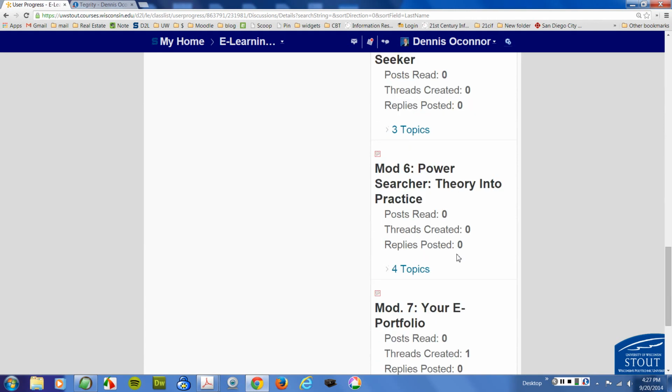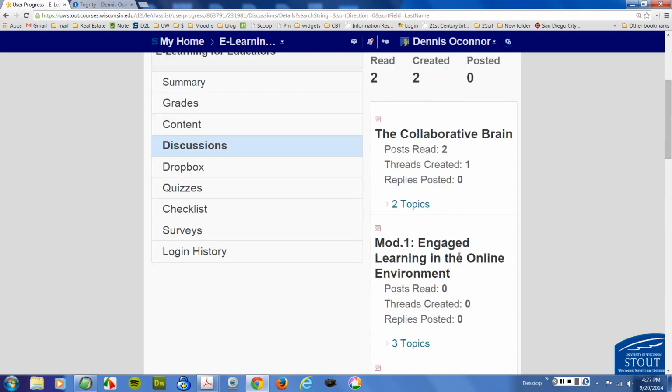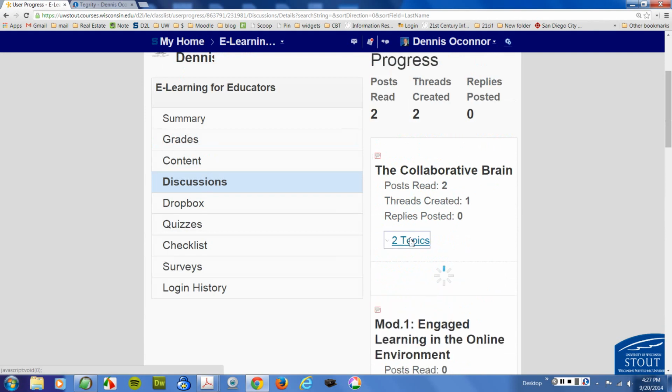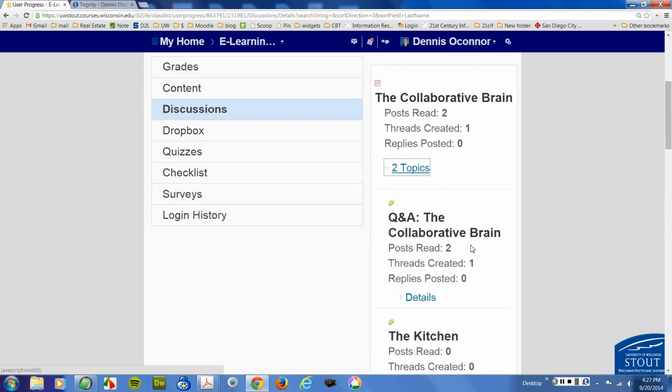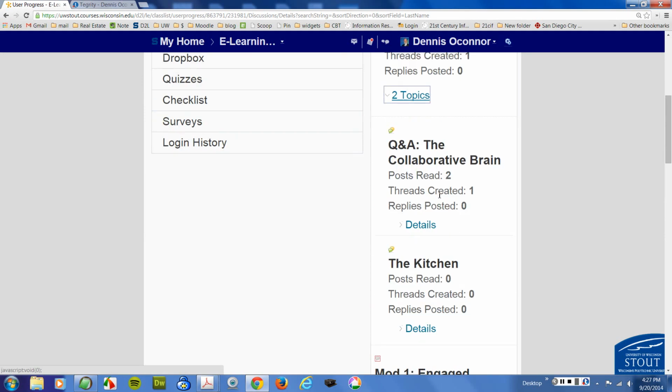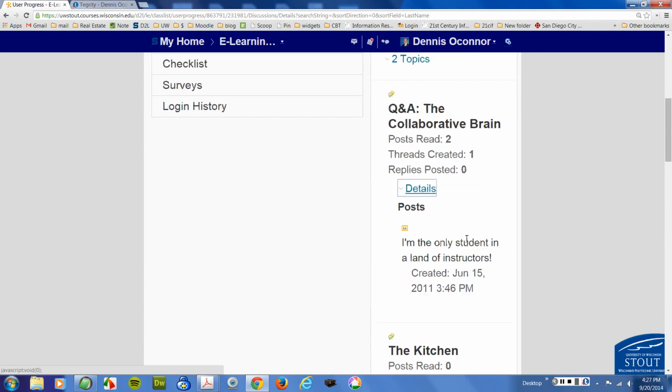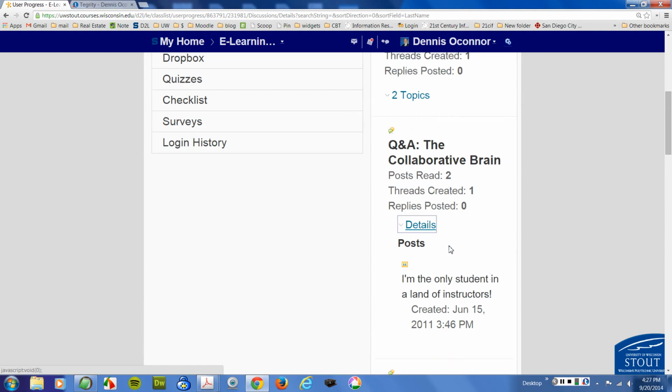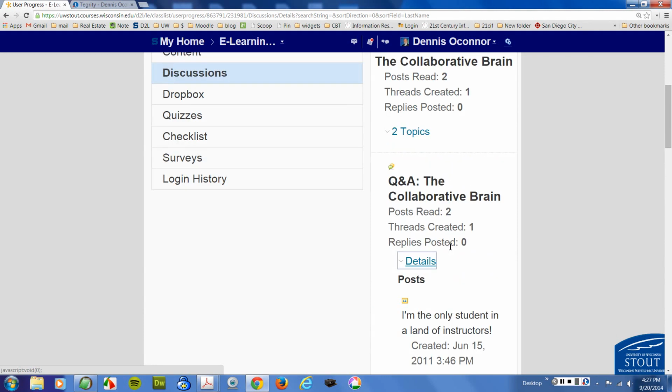So as we can see that it's only in the area of the collaborative brain. If we click on those 2 topics, it'll bring it up, and we'll see that there was 1 thread created, and in this case, it gives you nothing. So let's go to the details of that one. We can see the post, I'm the only student on the land of instructors. My sense of humor comes through again. So here, again, just general principles that you can apply to your own work as an intern in